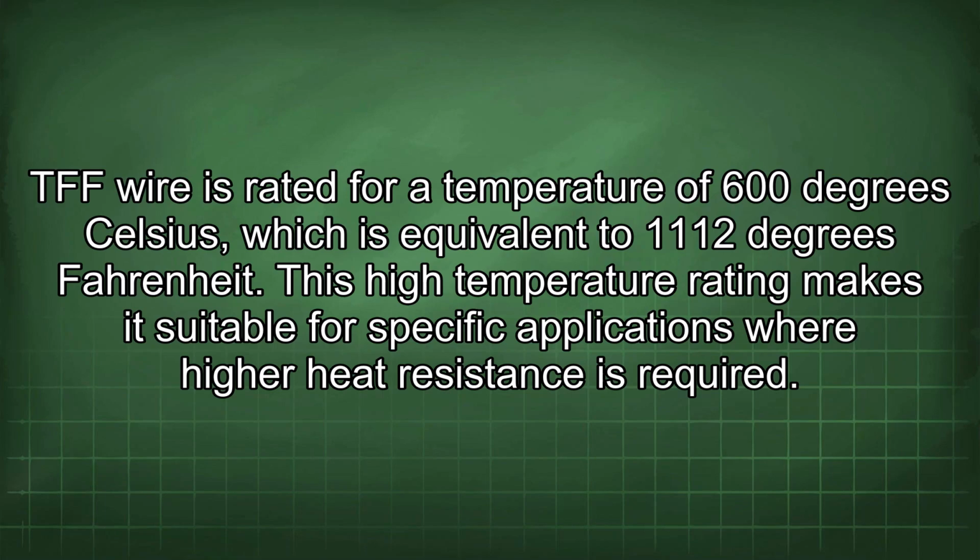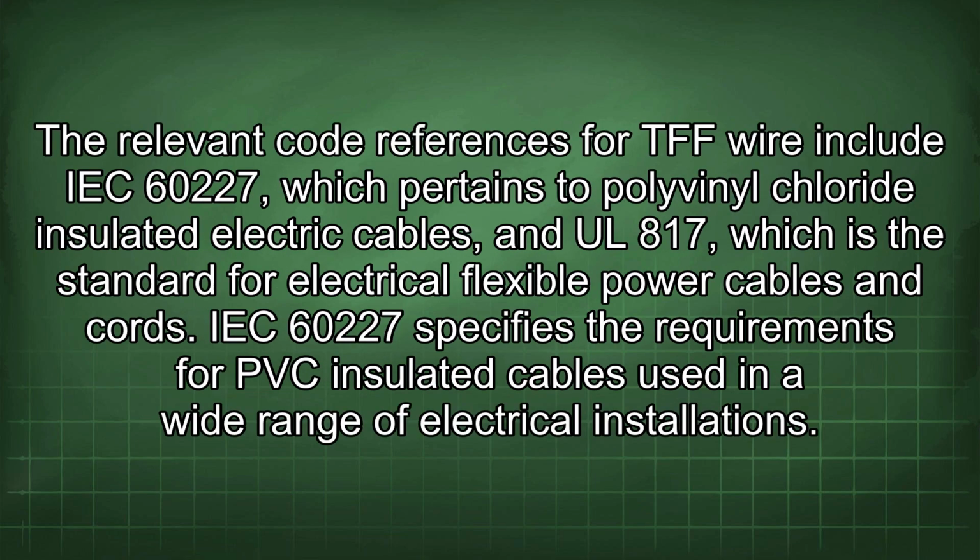TFF wire is rated for a temperature of 600 degrees Celsius, which is equivalent to 1112 degrees Fahrenheit. This high temperature rating makes it suitable for specific applications where higher heat resistance is required. The relevant code references for TFF wire include IEC 60227, which pertains to polyvinyl chloride insulated electric cables, and UL 817, which is the standard for electrical flexible power